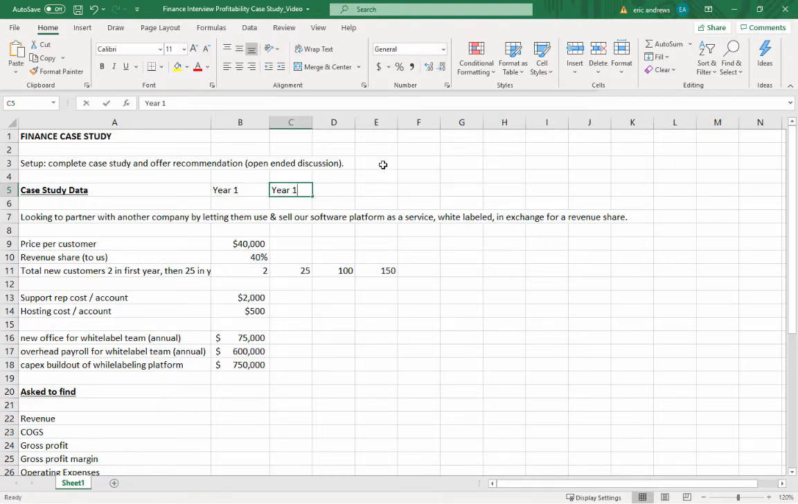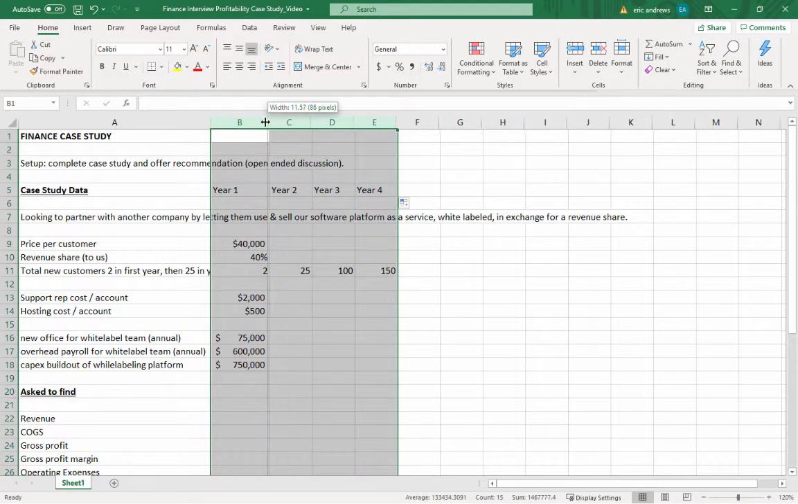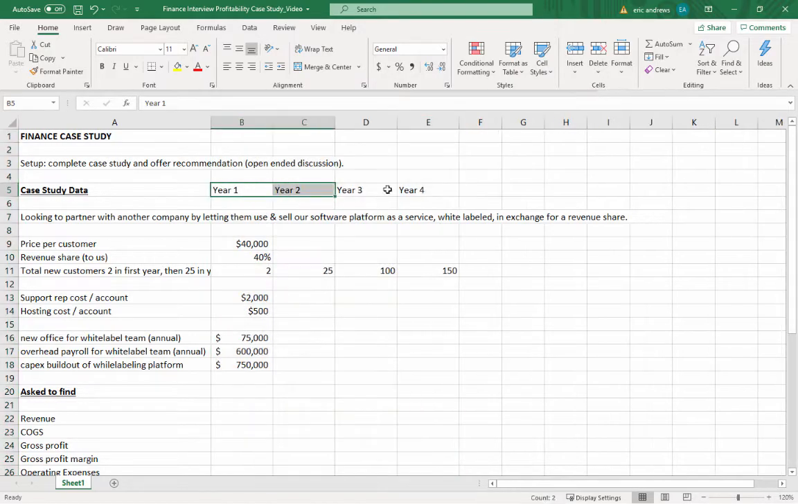Okay, so year 2. And we can probably just drag this forward. Year 2, year 3, year 4, and space it out. Okay, so now I always like to put some nice, and if you can, try to use Excel without the